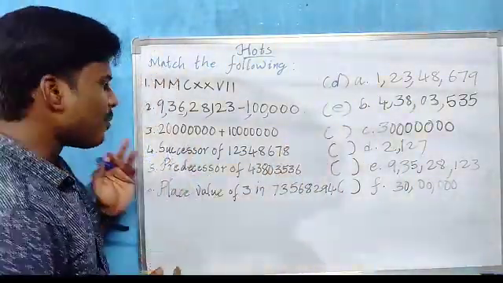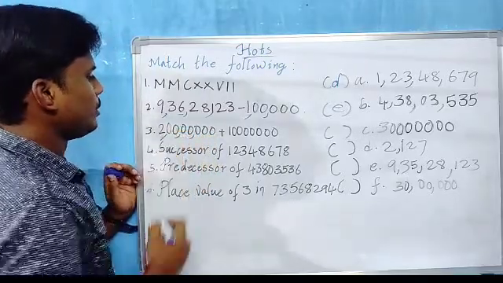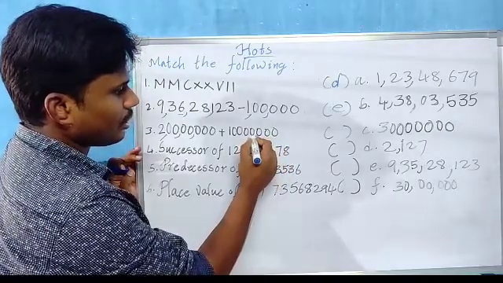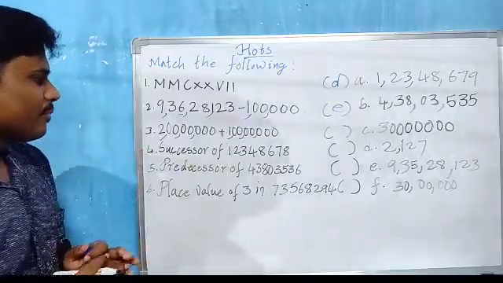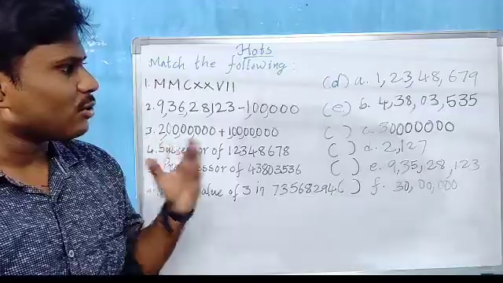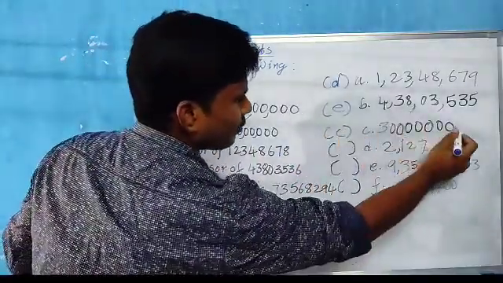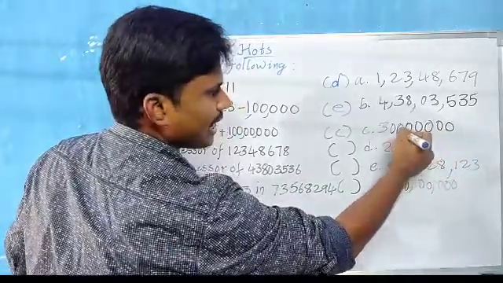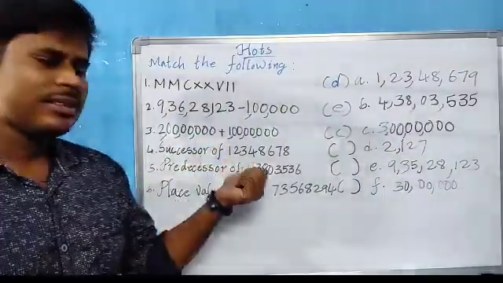Now see, let us insert commas here also. Ones, tens, hundreds, thousands, 10,000s, lakhs, 10 lakhs, and crores. Here ones, tens, hundreds, thousands, 10,000s, lakhs, 10 lakhs. So children, 2 crore plus 1 crore gives us 3 crore. Which option? See here, children, directly option C. Let us check for verification. Ones, tens, hundreds, thousands, 10,000s, lakhs, 10 lakhs. So 3 crores, children.